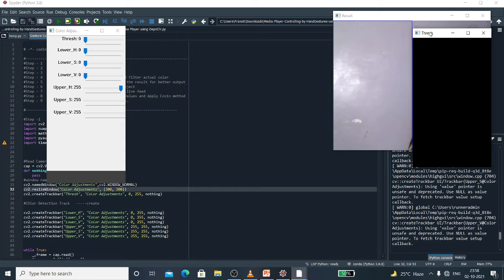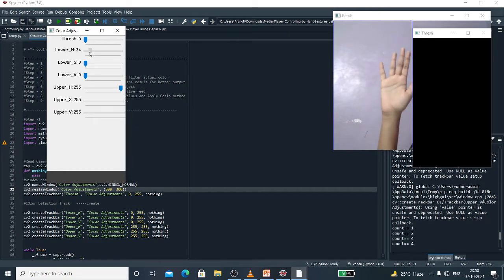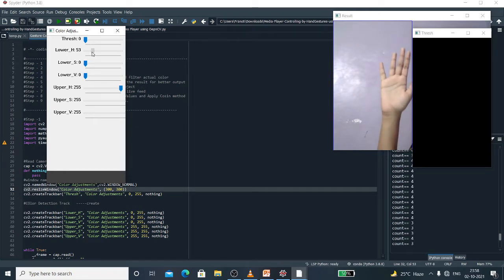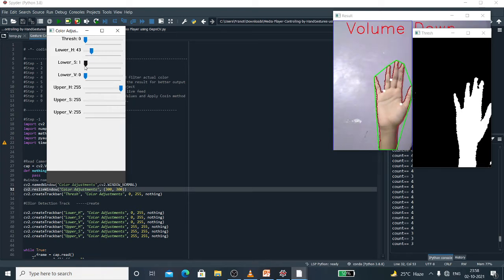If you want to detect your hand, you just put your hand in the first half of the screen and detect it with the help of track bars. Now I'll adjust the values. I'll explain this color adjustment window in the code explanation.